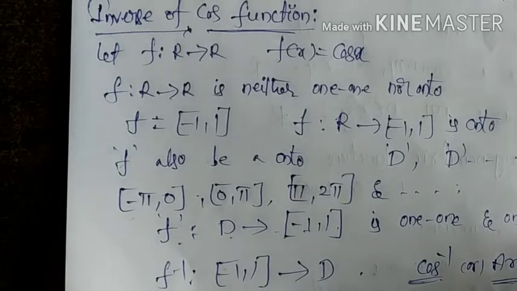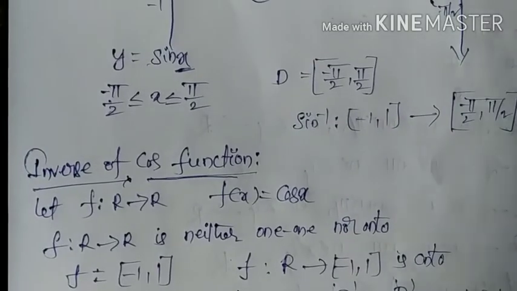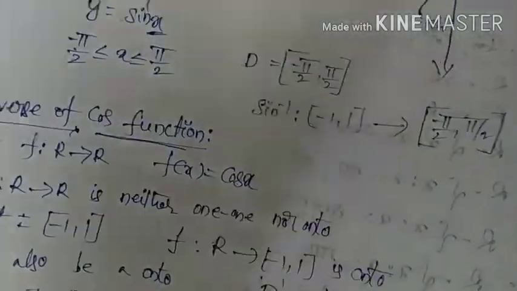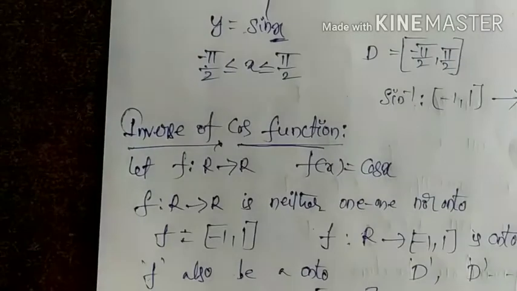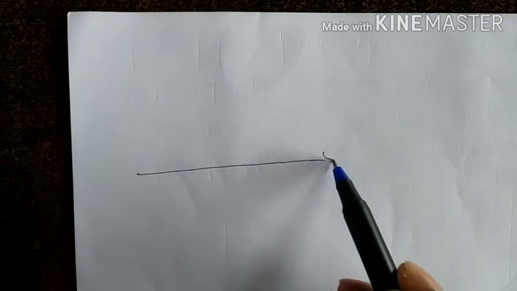So now let's see the graphs of the cos function and the inverse of the cos function once. Already you have learned how to draw the graph of the sine function and sine inverse function in class 11 for the sine function. Just here we introduced inverse functions. Okay, so first let's see the cos x graph. The cos function graph I am going to draw first.